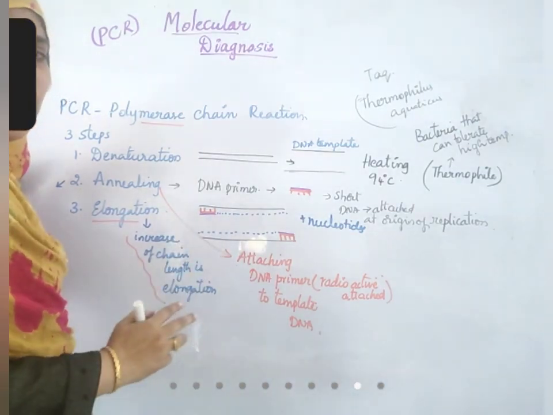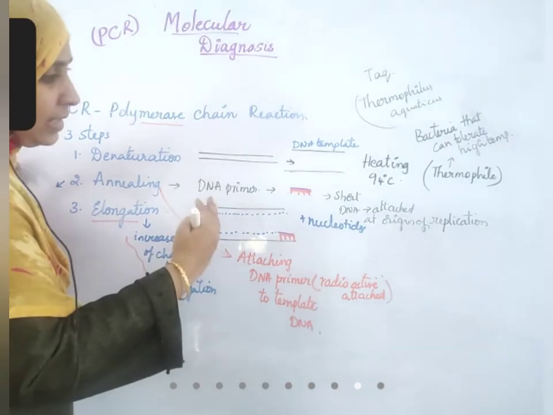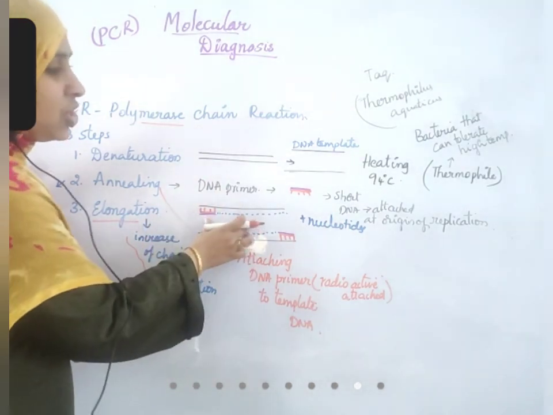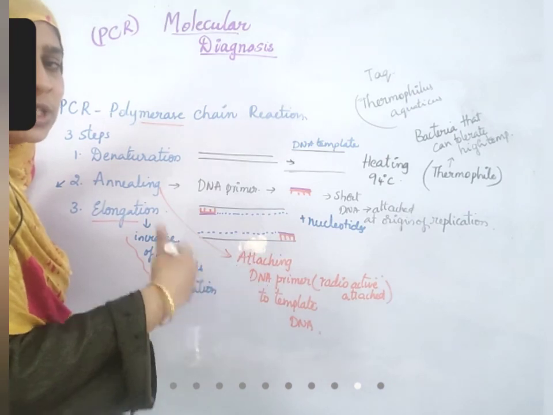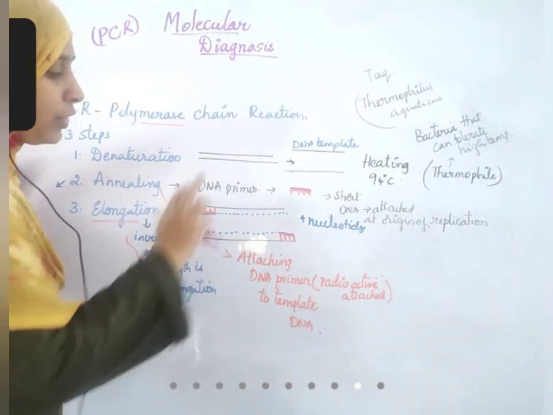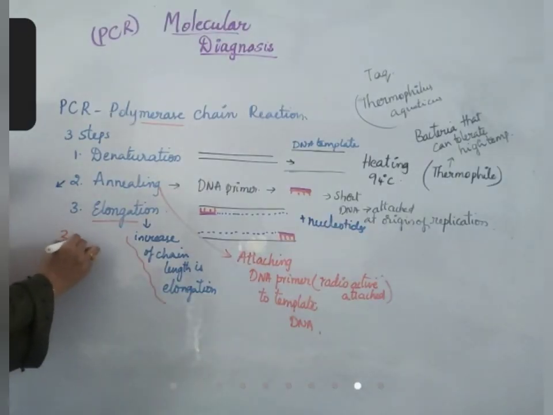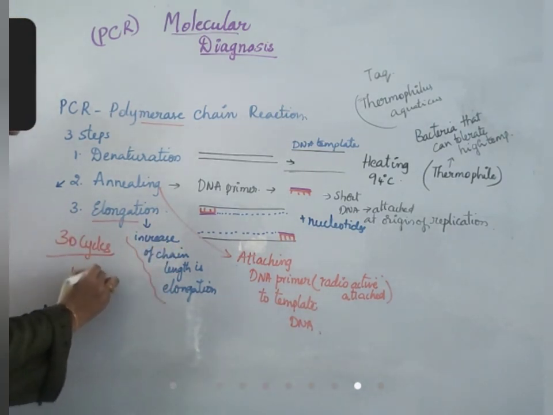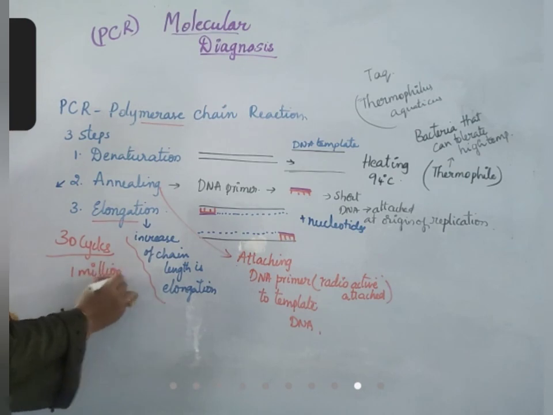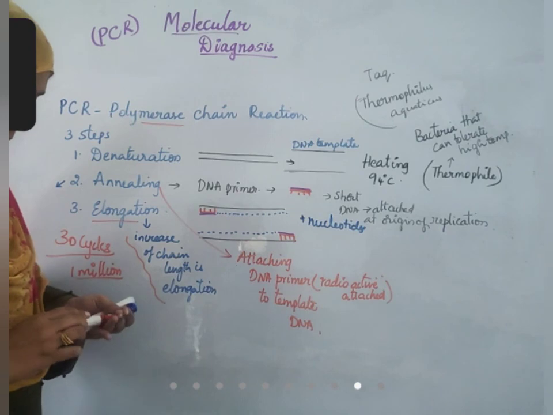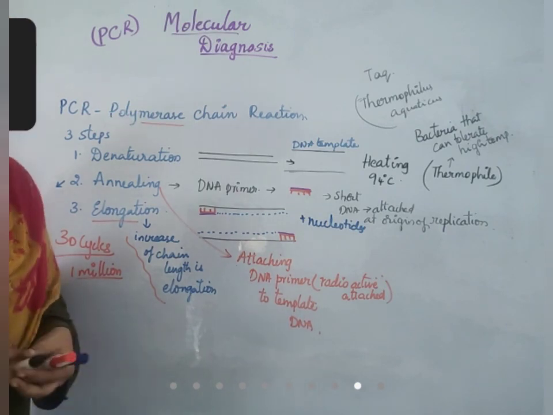Okay. For each round, maybe it's not only a single DNA that is added, the number of DNA may be more. At that time it is added. So after the first cycle, what is happening? The first cycle is operating. The number of DNA fragments will double. Afterwards, if you are running this for 30 cycles, again the number of chains will double. Keep on doubling. It increases until 1 million chains will be present. Okay. So this is called DNA polymerase chain reaction.